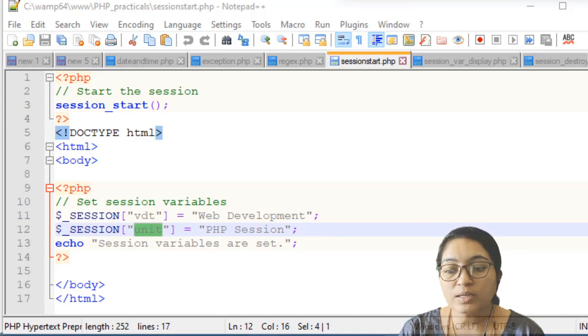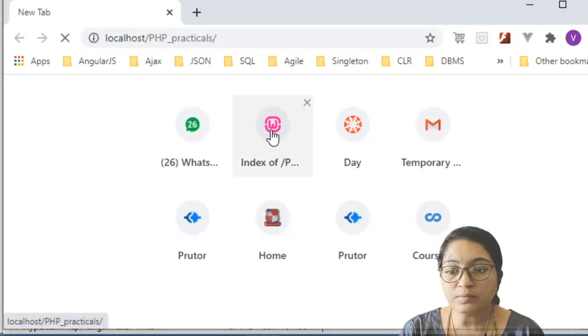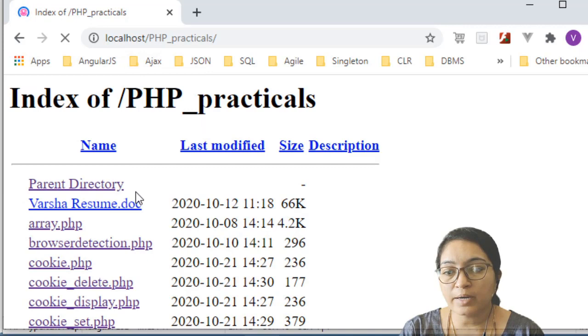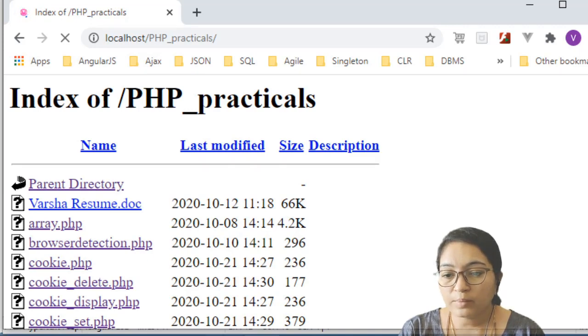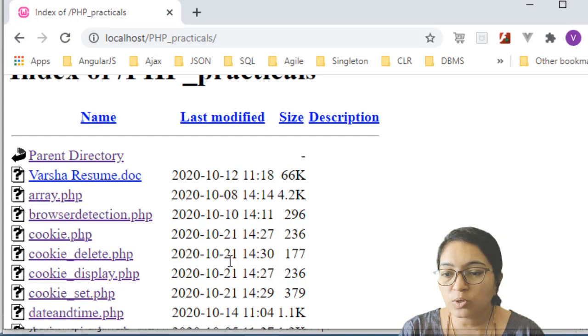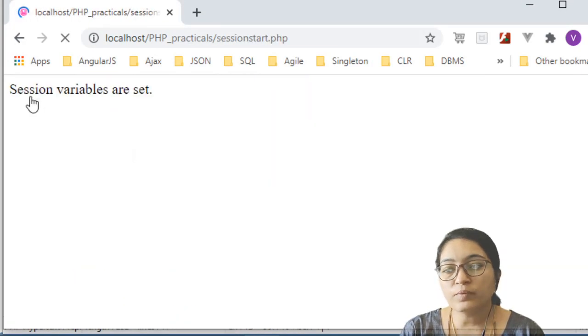So let's see the output. First of all, start the WAMP server. Then open the practicals where they are stored. Our practical name is session_start.php. So let's start it. It displays that the session variables are set.